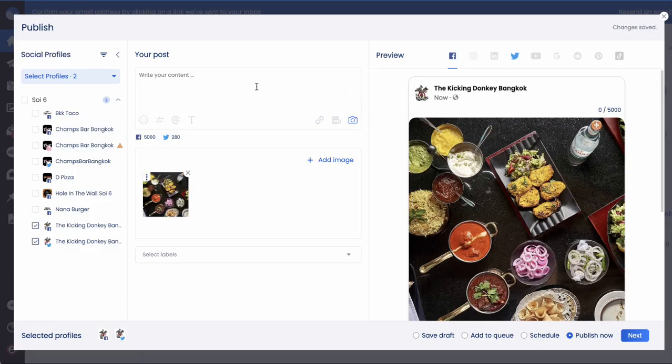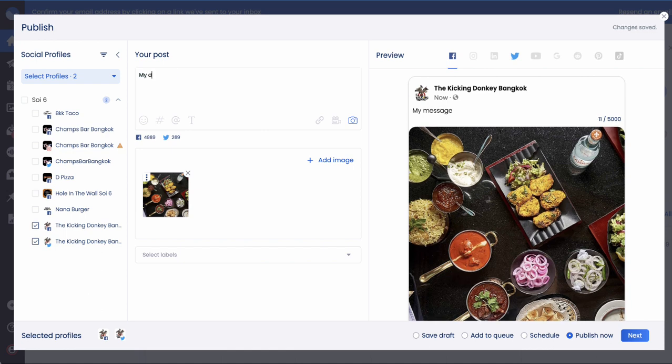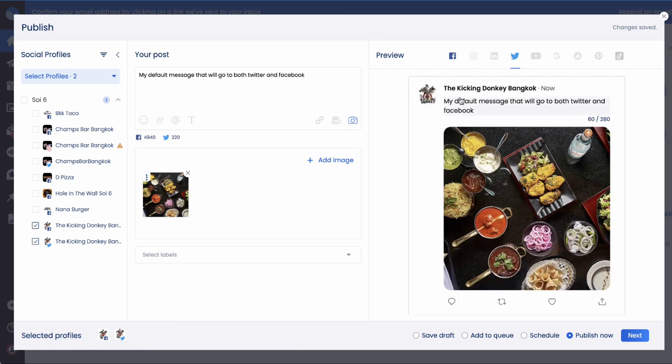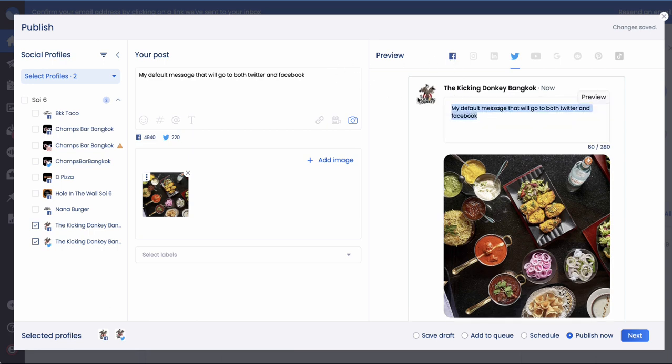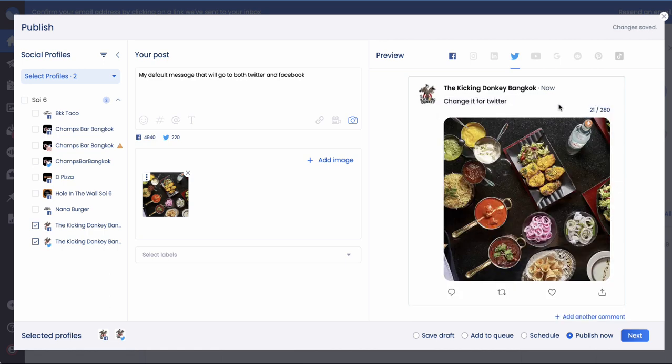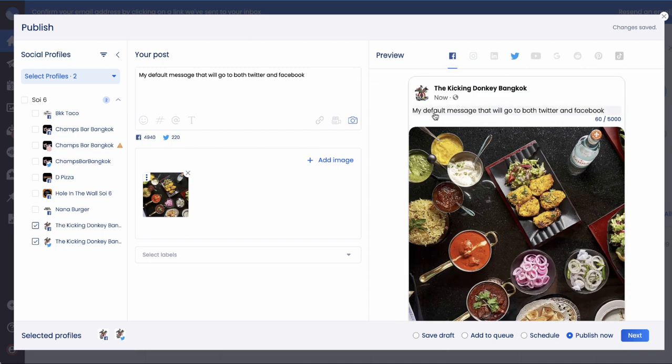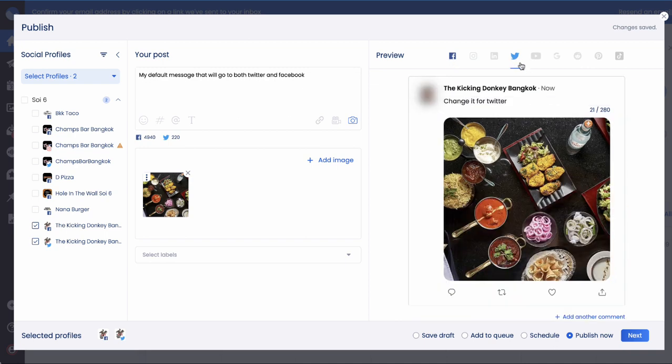Let's say, right? So if I type my message, let's call it my default message, that will go to both Twitter and Facebook, right? As you can see, as I'm typing here, it's getting defaulted here and it's getting defaulted here, right? So if I were to, let's say, change it for Twitter, right? So now I have my Facebook message is still this, and my Twitter message is